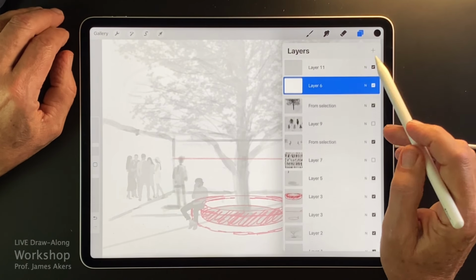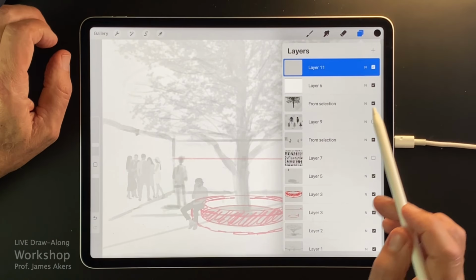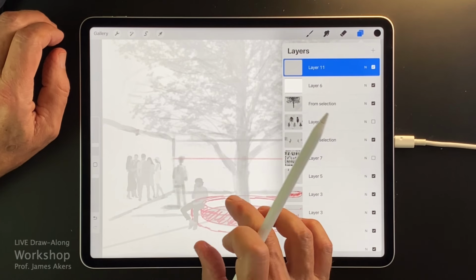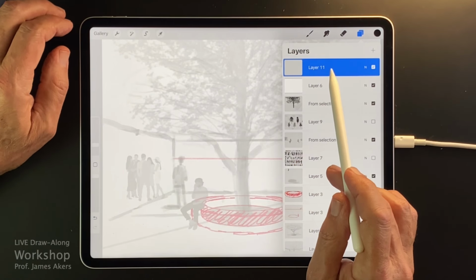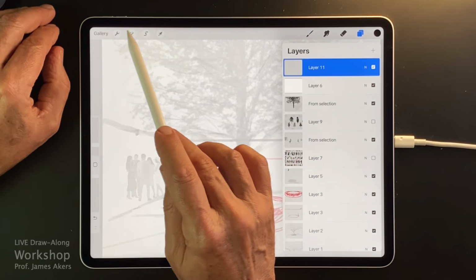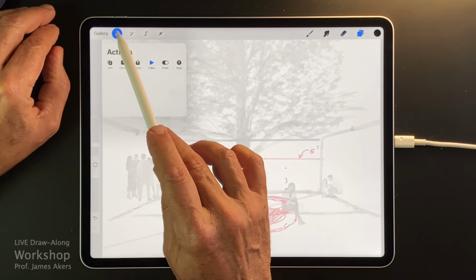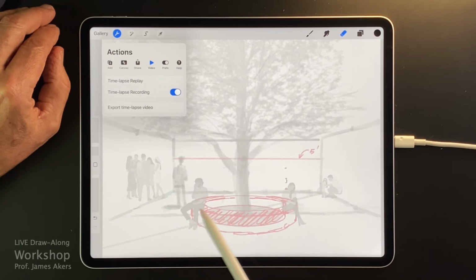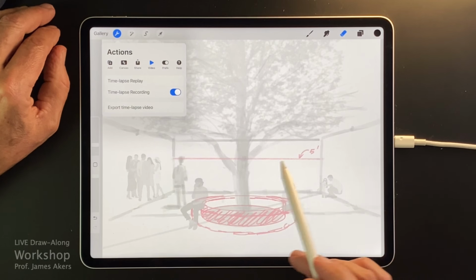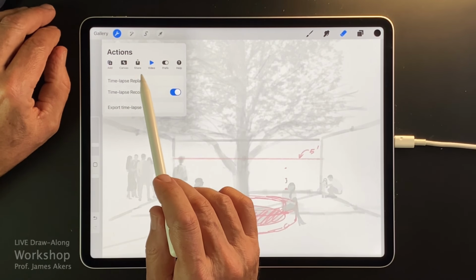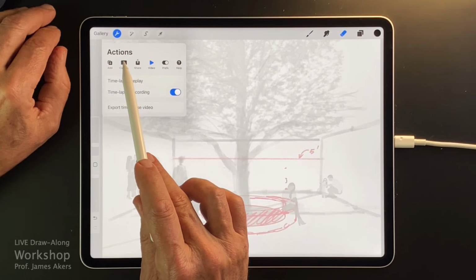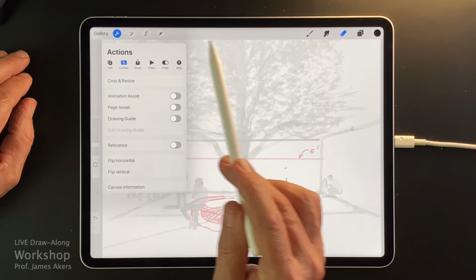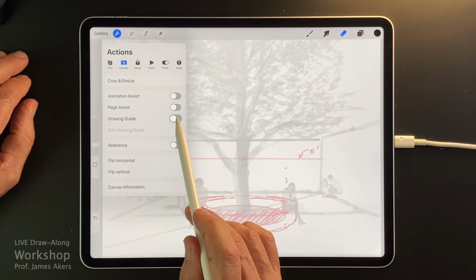And then what I would do is, remember we didn't even activate drawing assist yet, perspective drawing assist. So now I'll go back to the wrench menu, and because we have our diagram and we've obeyed the laws of perspective, we can now use that shortcut inside the actions menu and inside the canvas, and we can go to the drawing guide.